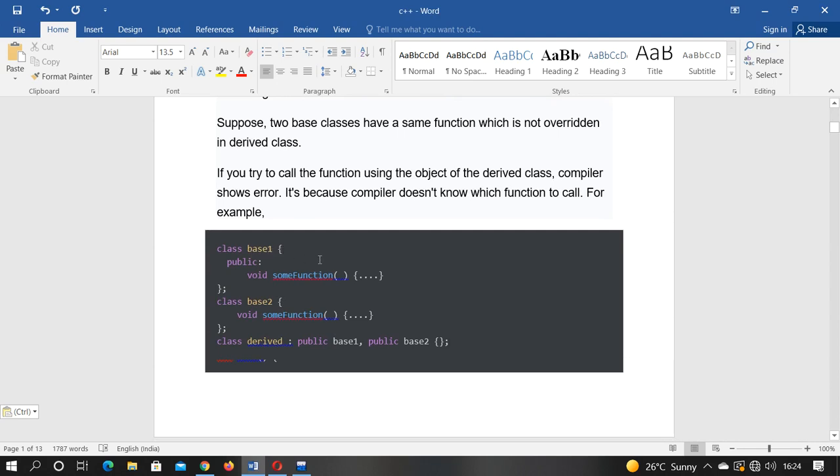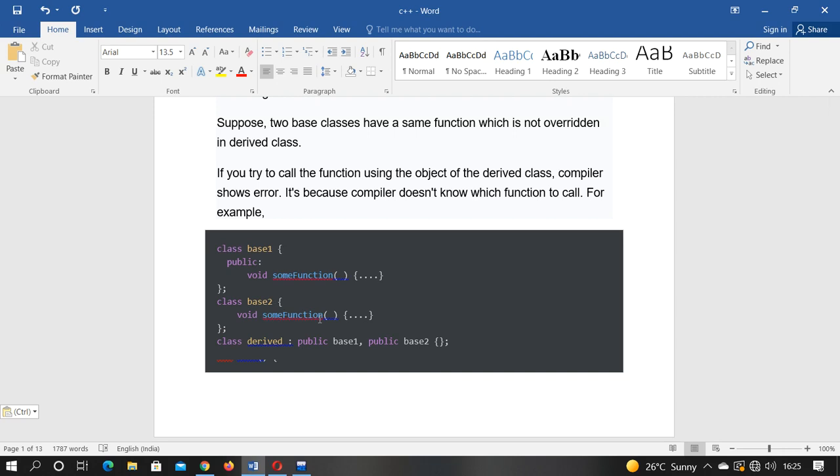Suppose there is one base class and the name of the function is sum, and another class is base 2 and the function name is also sum. As I told you, suppose there is a function named display in base 1 and there is also the same name display in base 2. So how can main identify which display is actually called? That is called ambiguity.